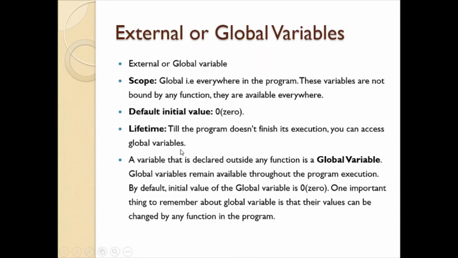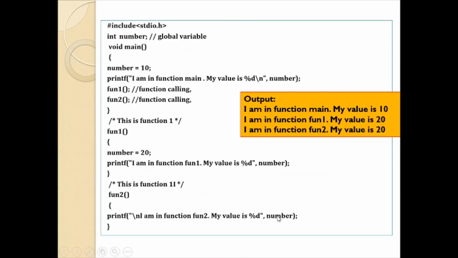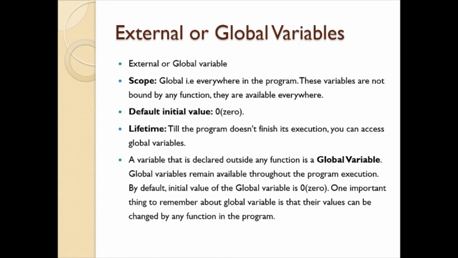You can access the global variable, so it is active throughout the program. A variable that is declared outside any function is a global variable. Global variables remain available throughout the program execution. By default, the initial value of a global variable is 0. And one thing to remember about global variables is that their values can be changed by any function in the program. As they are global variables, they are accessible by all the functions in that particular